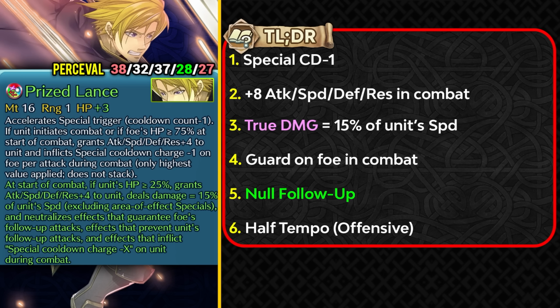At least the weapon refine should be, at bare minimum, a side grade to the arcane weapons, which this is. So if you're going to be running Arcane Lewin, then you basically trade off some of the effects, but you still have null follow-up, and that is going to be a good thing. So having null follow-up no matter which weapon you run is really good, especially on a cavalry unit, which